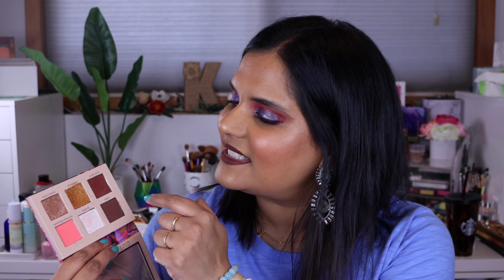So for number 6, I'm grabbing this guy. This is the Knobla Metropolis palette. I like the formula of this, and I love some of the shades, but I don't know that this color scheme is the most cohesive for me. I feel like it's basically neutrals, and then they give me this color, and then this very white, pinky, iridescent shade. So I don't really get the color story that they decided to go with for this palette,